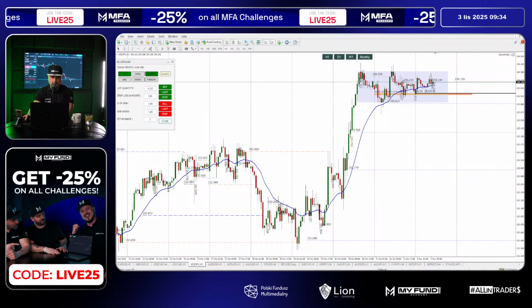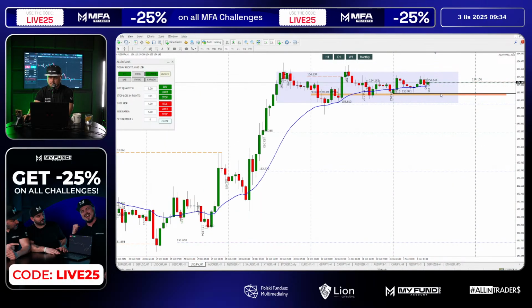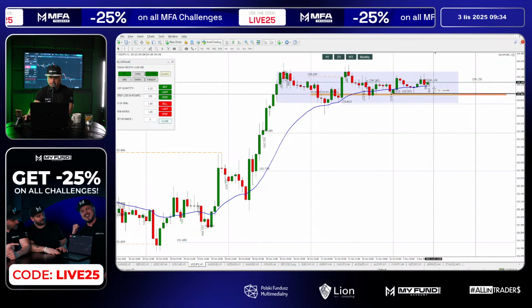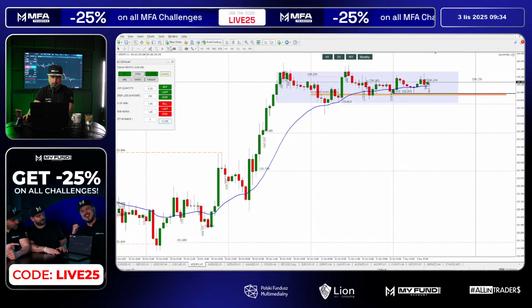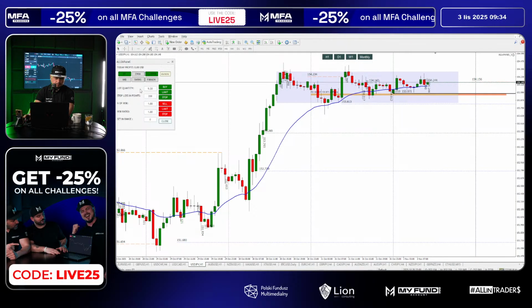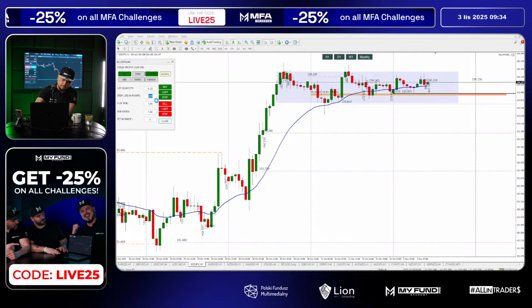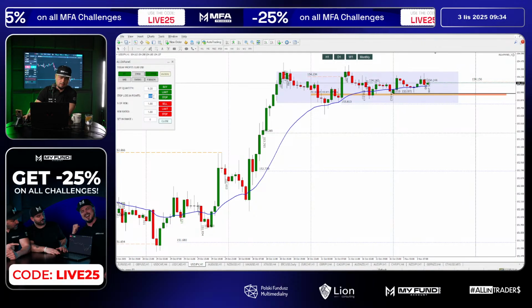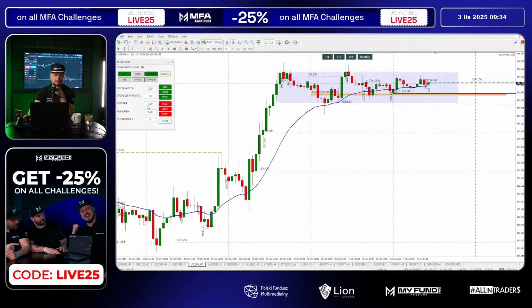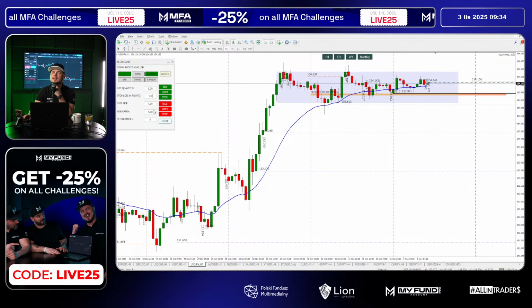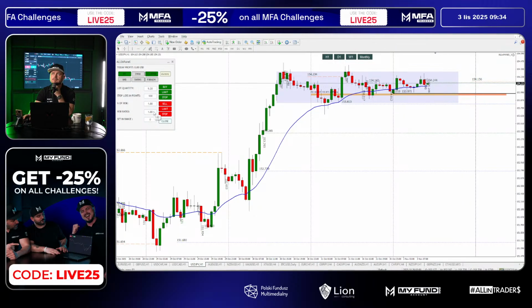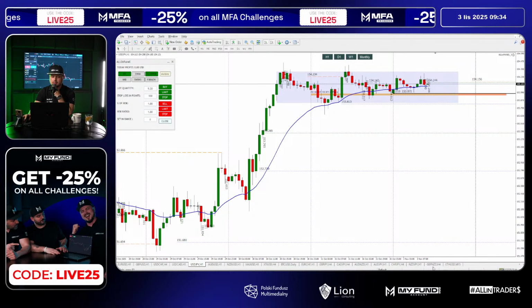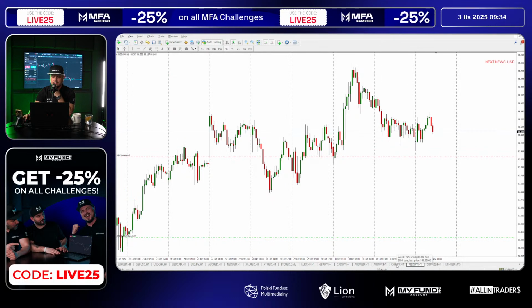Okay, we got target, we got cluster, and we want to use it. So we're gonna try to use it. And so we're gonna set order for reaction for around 10 pips. Okay. So stop loss in points will be 10 pips and risk 1% can be good. 1 second, I want to check something.